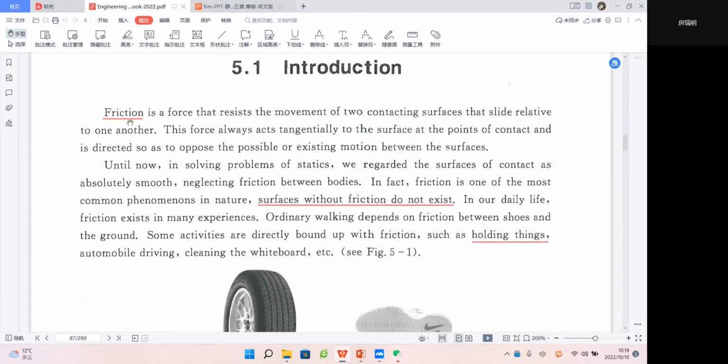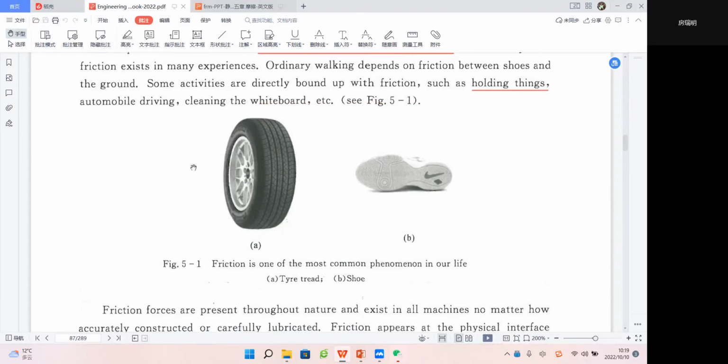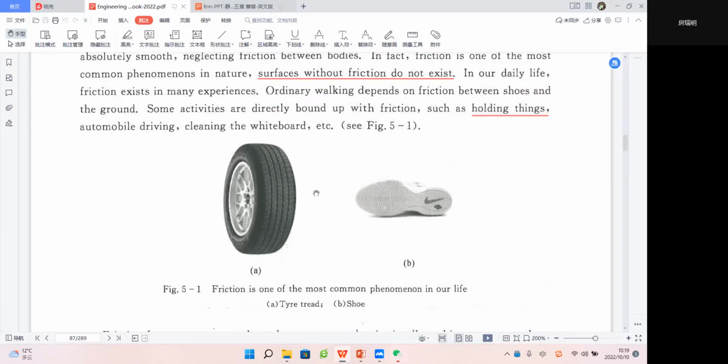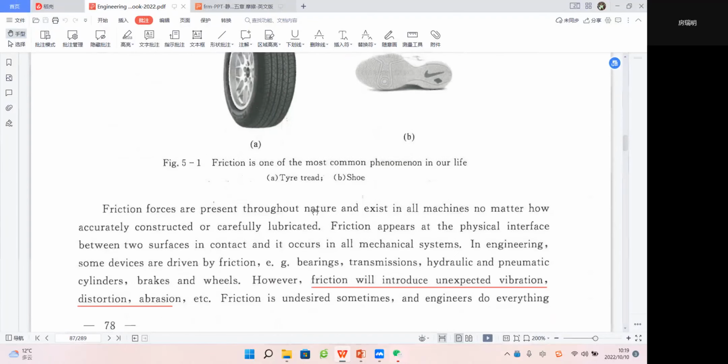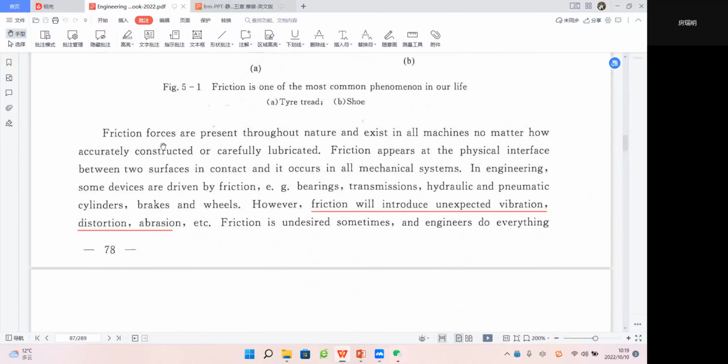It tells us what friction is. We can find it in a tire, maybe in our shoe. Actually, it is friction that helps us drive a car and move on the road, right? So let's see. Friction forces are present throughout nature and exist in all machines, no matter how accurately constructed or